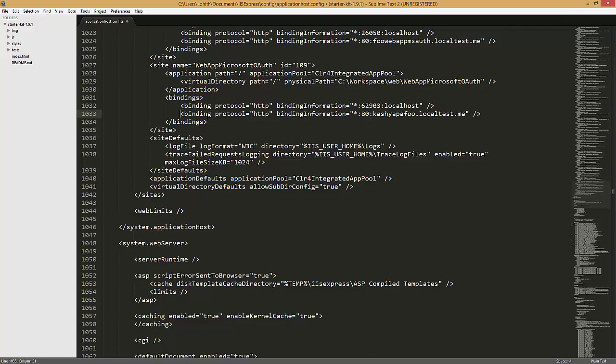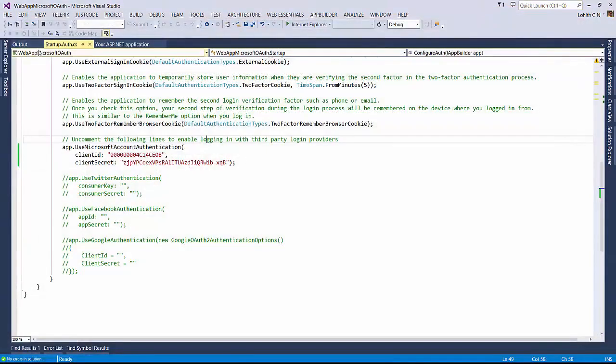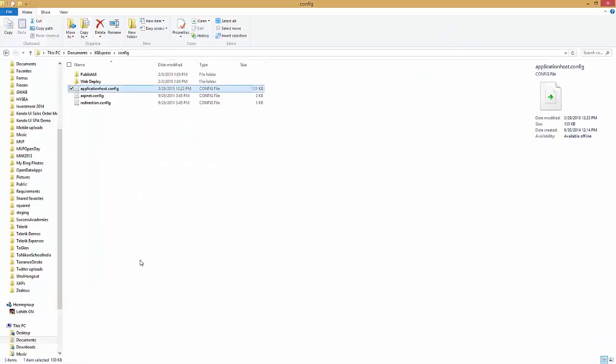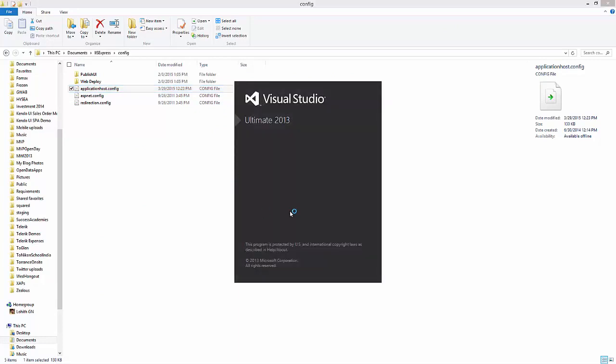Basically what we can do is on the tray you will have the IIS Express, just restart it, or you can even pretty much close. So let me first save this and then close this, and then what we'll do is if I just close my Visual Studio, the IIS Express would be like in a way restarted. So let me get back my Visual Studio,